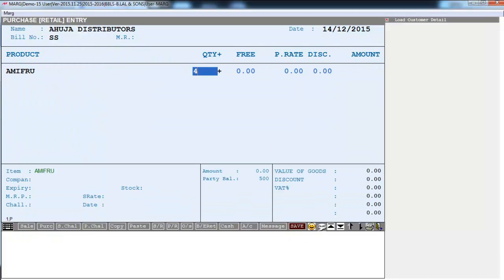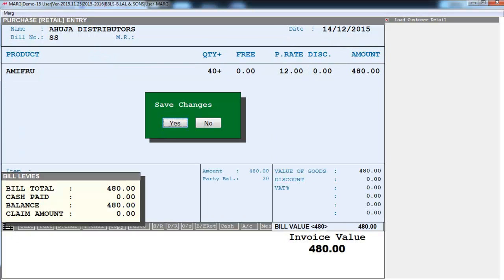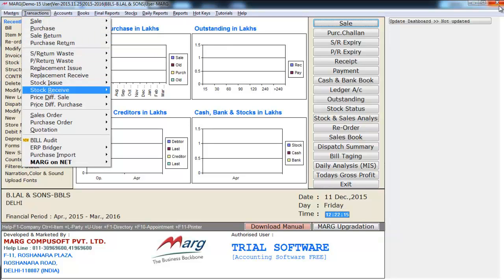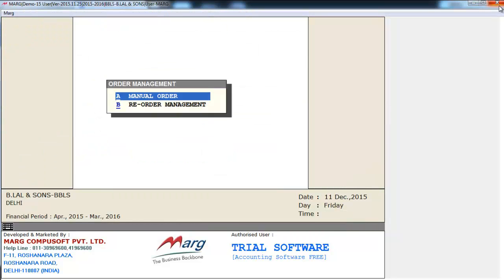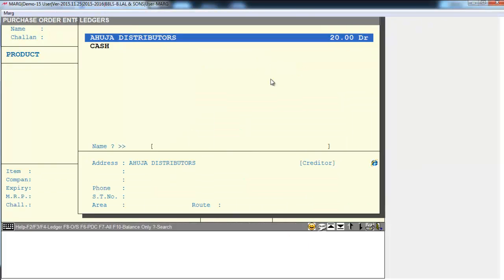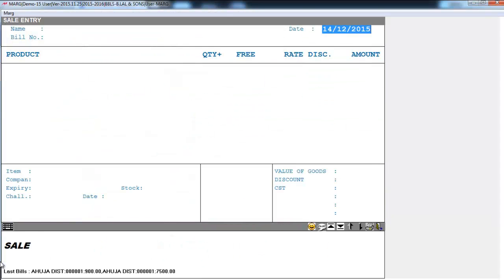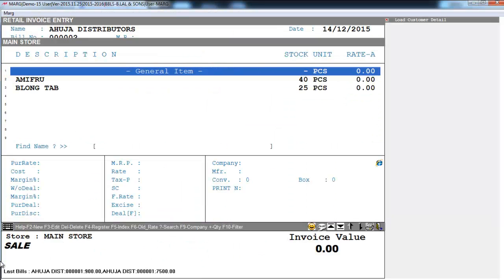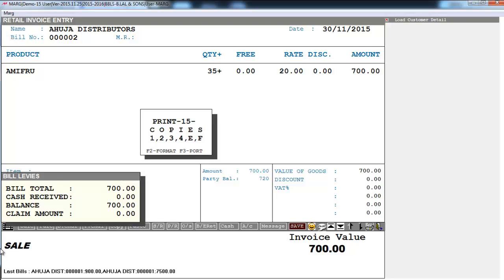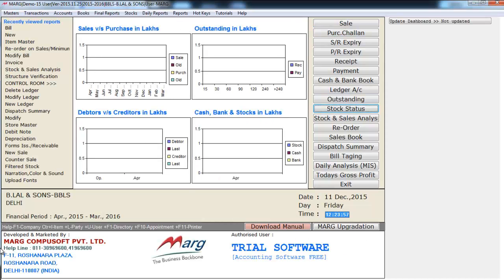And purchase 40 pieces. And we'll create a purchase order of Amifru tablet of 20 pieces. Now we will sell 35 pieces and save this. Now we will go on reorder,